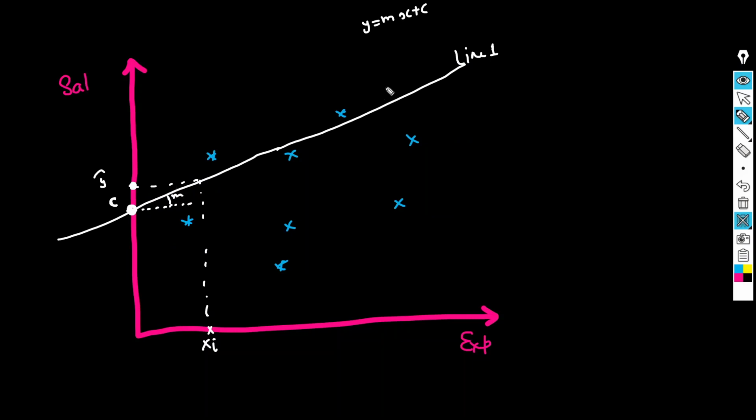But the main question is how we can draw this particular line, right? For that we would need this particular intercept and slope. It means we have to calculate the M and we have to calculate the C value. We calculate the M and C value and we get this particular line. We created our model with the help of this line 1, right? So how can we say that our model is the best?